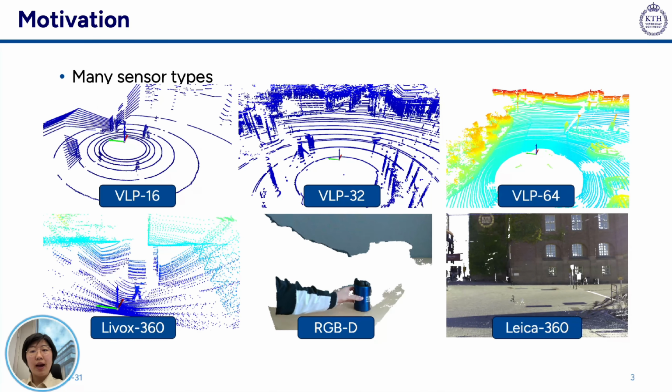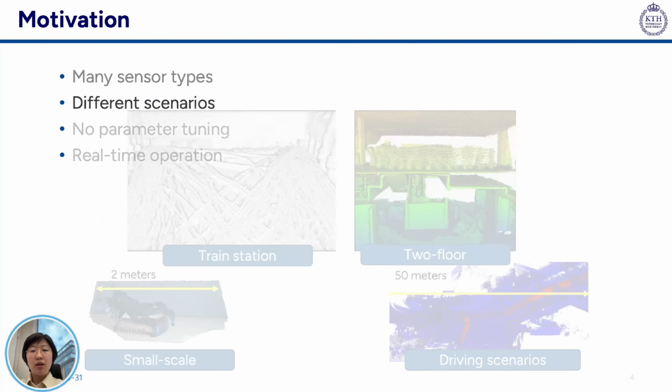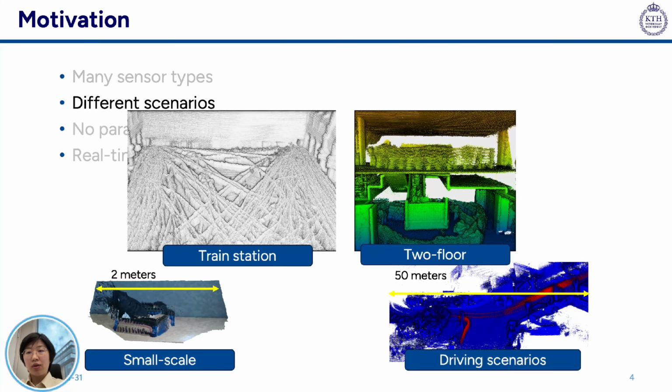The motivation behind DUFOMap is simple. What kind of method do we want? We want a method with no assumption on sensor types, where just a point cloud is enough to run, like all the sensor types presented here. We want a method that works across various scenarios, from highly dynamic environments like a train station to complex two-floor structures where height-based methods fail, and of course